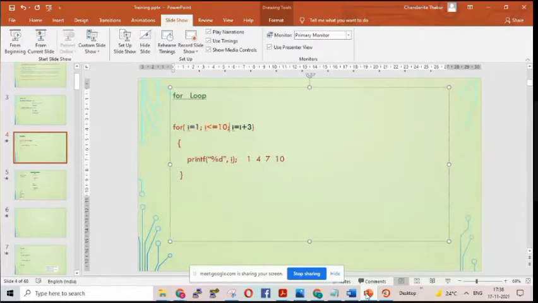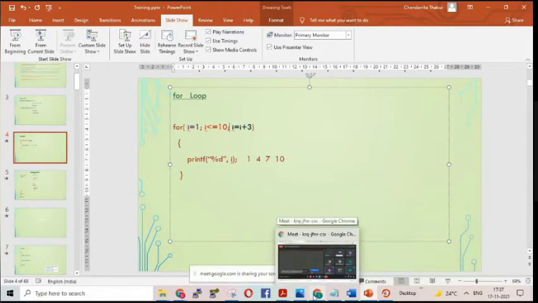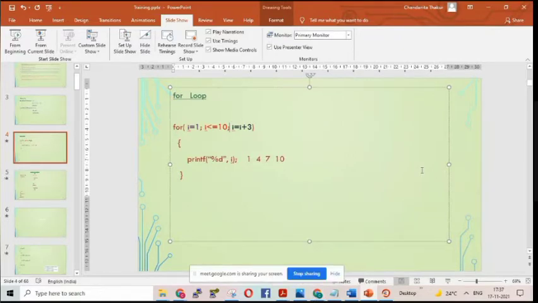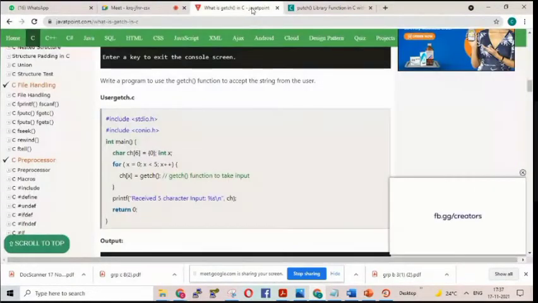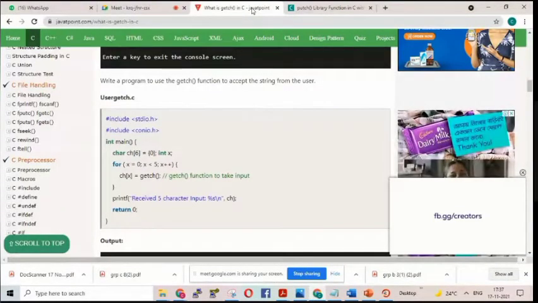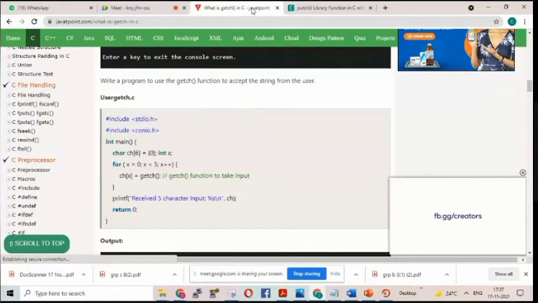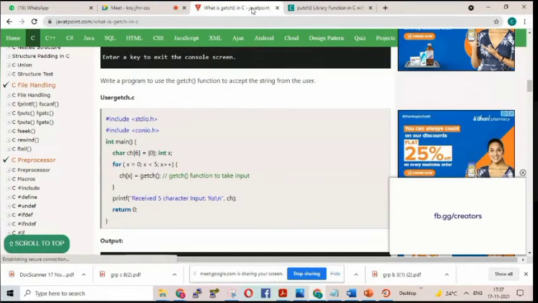One more thing is websites. Nowadays we don't always depend on books, right? We go to websites for understanding things. So you can see here there is a website called Java T-Point. All of you can see? Yes, ma'am.